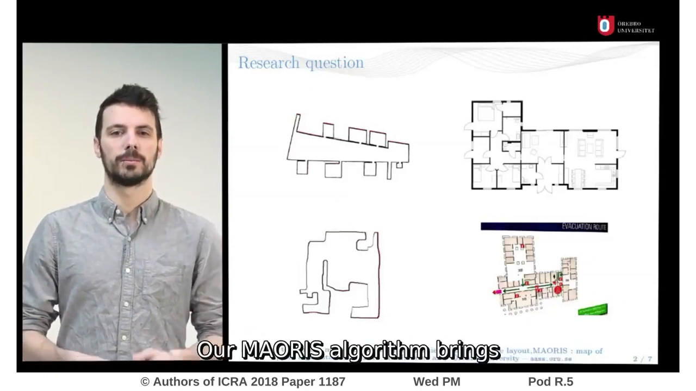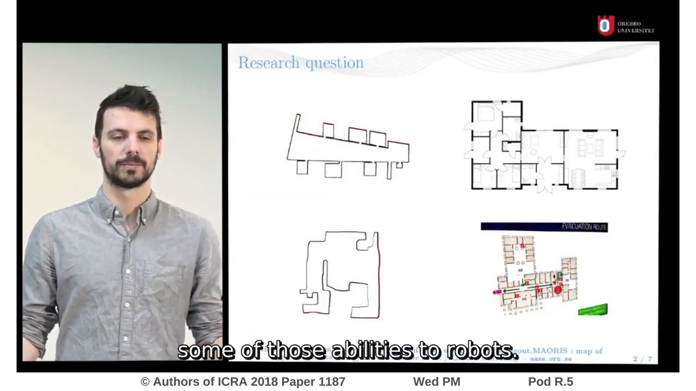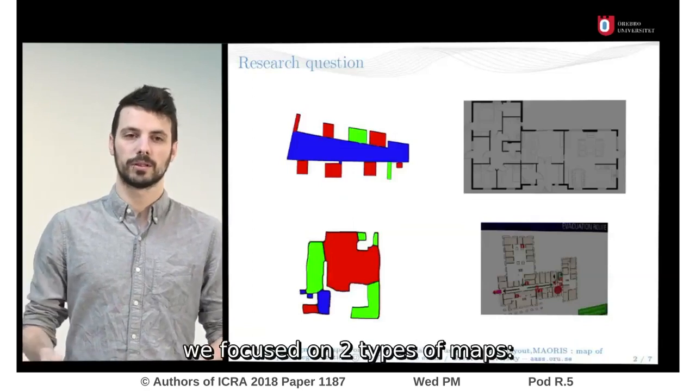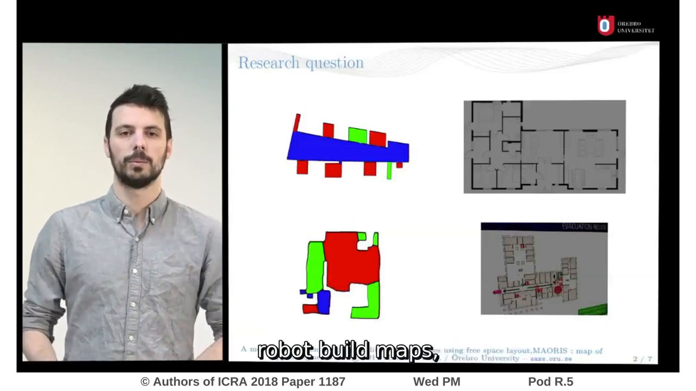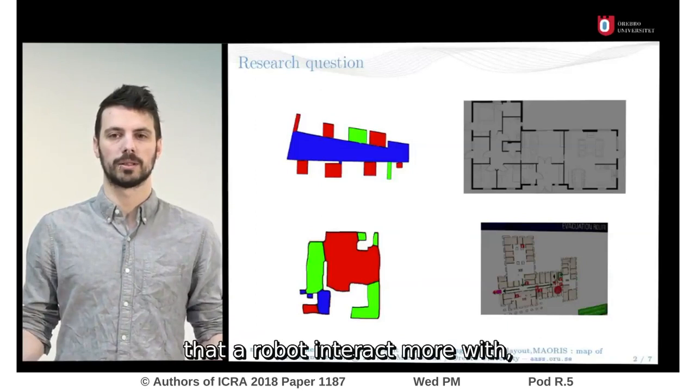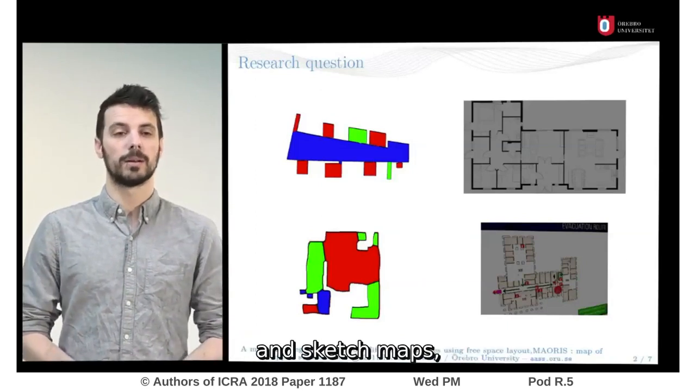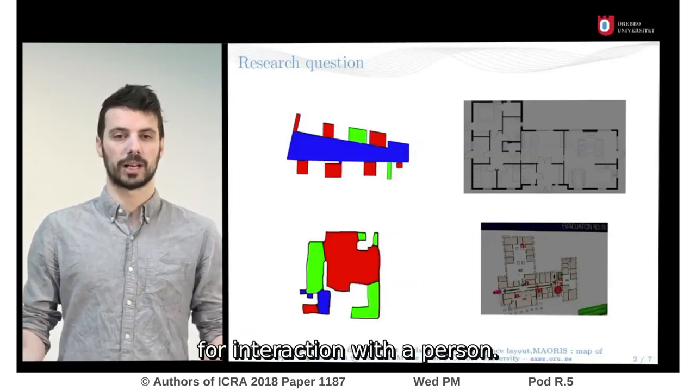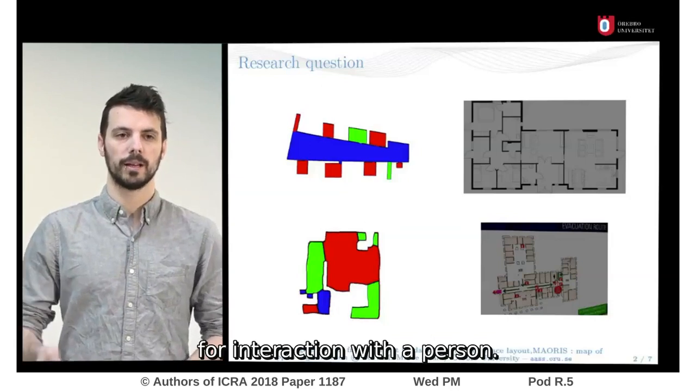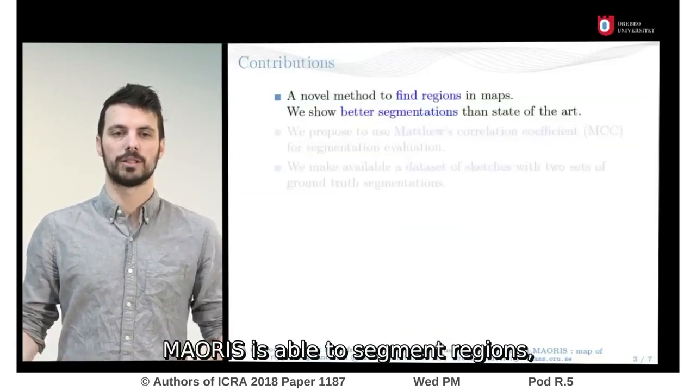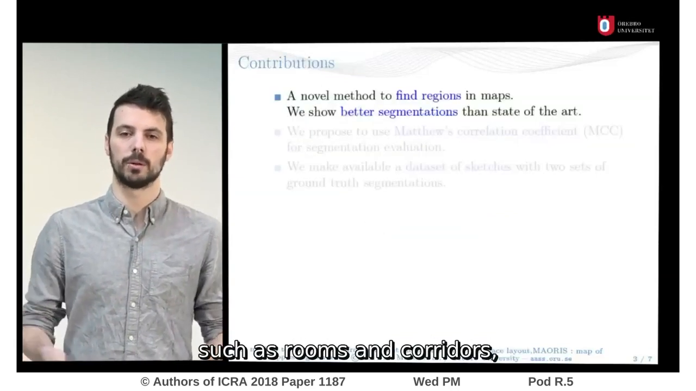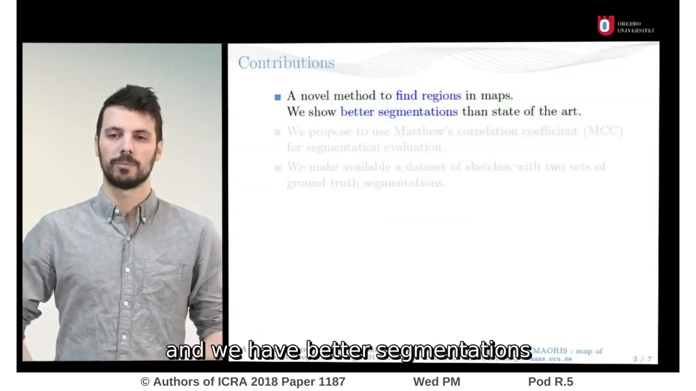Our MAORI algorithm brings some of those abilities to robots. In our work, we focused on two types of maps. Robot built maps, because they are the ones that the robot interacts with most, and sketch maps, since they are a natural interface for interaction with a person. MAORI is able to segment regions such as rooms and corridors in robot and sketch maps, and we have better